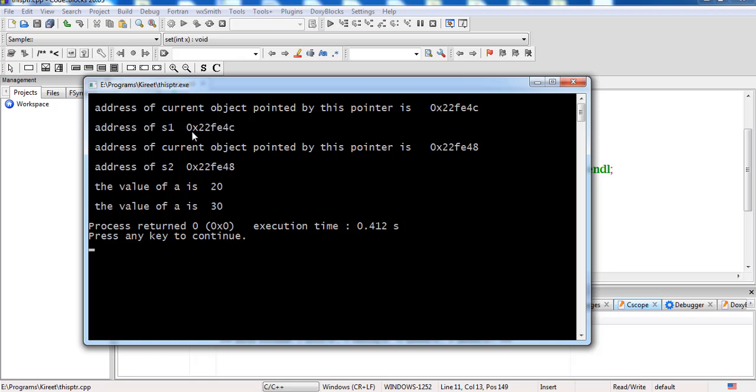So this is 0x22fe4c and this is also 0x22fe4c. And the address pointed to by this pointer is the address of object s2, which is 0x22fe48. You can also verify it: in main we have printed the address as &s2, and this also comes out the same. So the main concept we are analyzing is that the this pointer